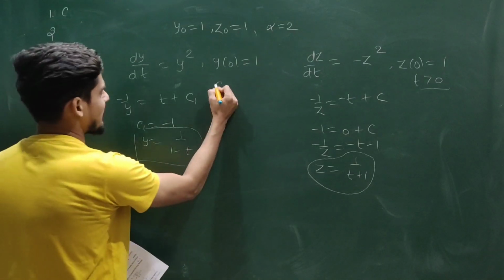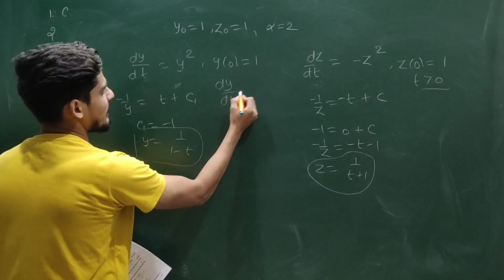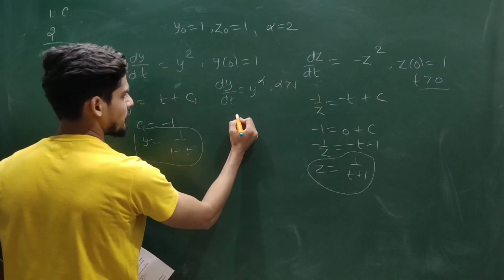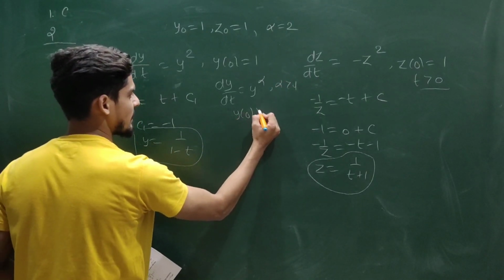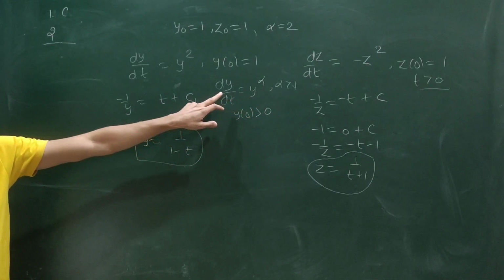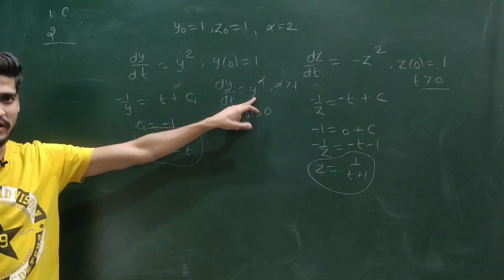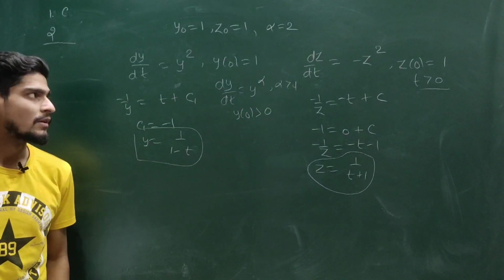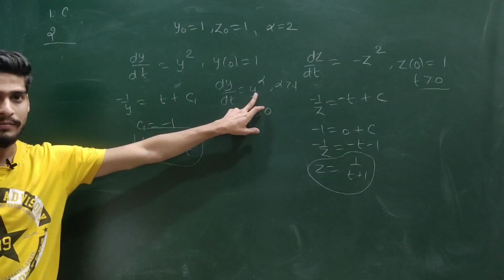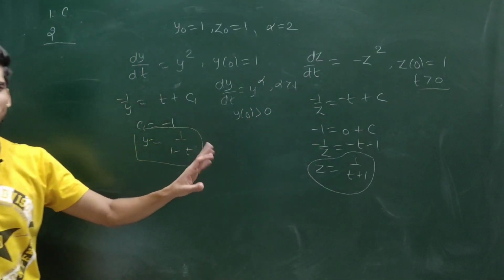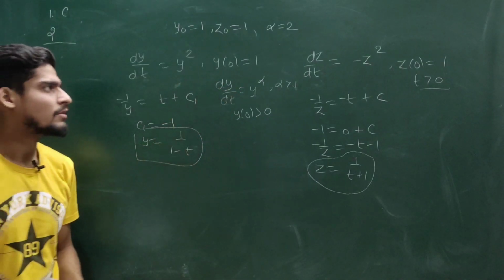Actually, this problem is again a standard problem of dy/dt = y^alpha, where alpha is positive, bigger than 1, and y at 0 takes some positive value. This is a standard problem from Shair Ahmed's book, a standard book of ordinary differential equations written by Shair Ahmed. It is an exercise question there, and this problem is very similar to it, but even if you do not know the problem, you can still solve it by basics.